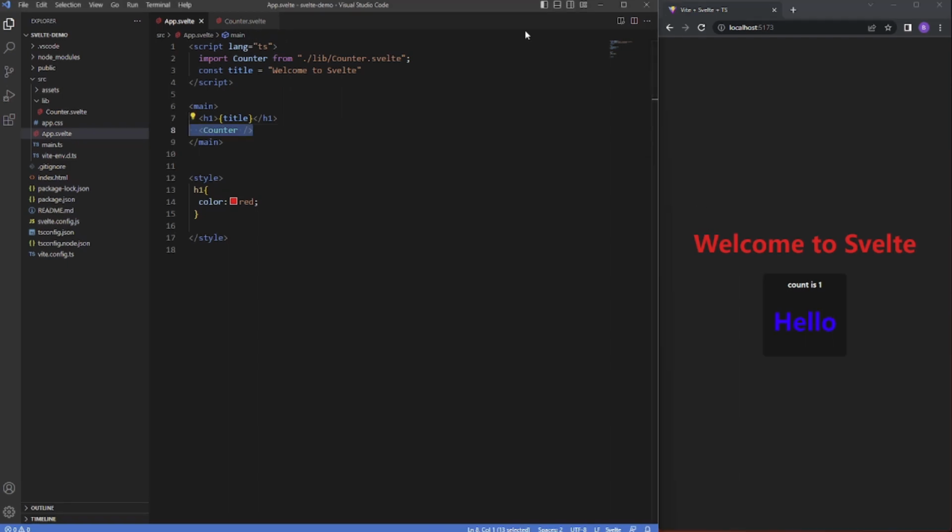So that's pretty much the basics of Svelte, of getting it installed, what it is, how it works. As you see, it's just basic HTML, JavaScript, and CSS, all built into little components. In the next video, we'll go